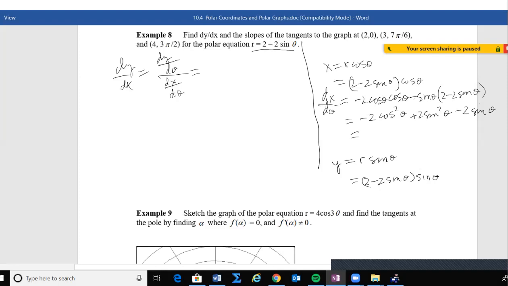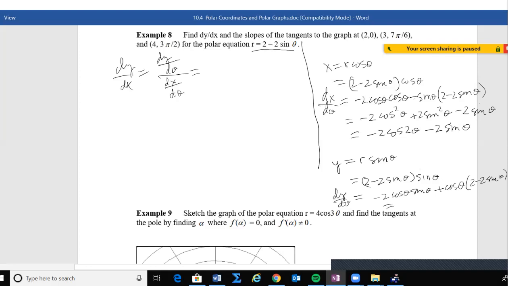Okay, so that reduces a little bit. This will be minus 2 cosine 2 theta minus 2 sine theta. I don't know if that's really going to help us much, but all right, then this next one, let's see, dy d theta. Inside here again, we'll have minus 2 cosine theta times sine theta, plus cosine theta times 2 minus 2 sine theta,